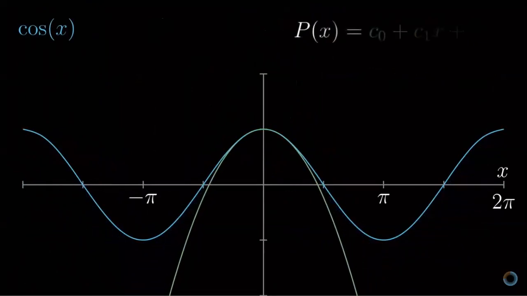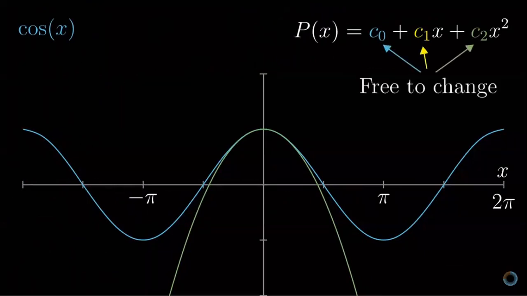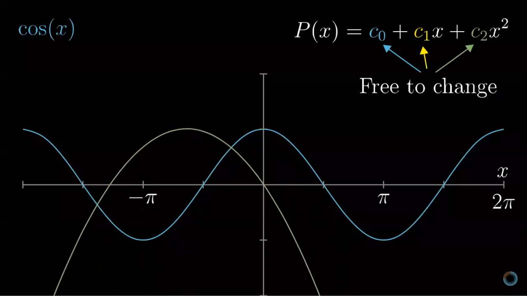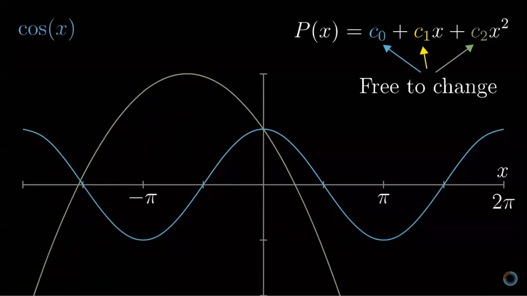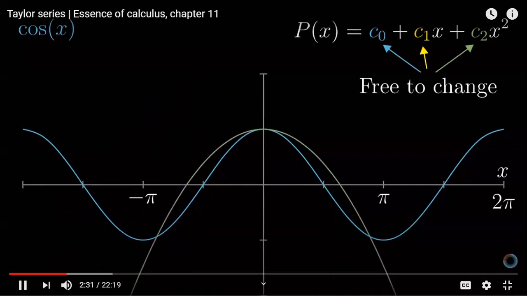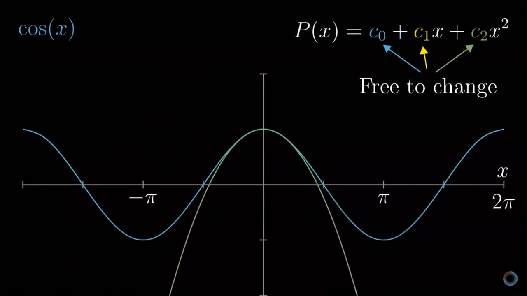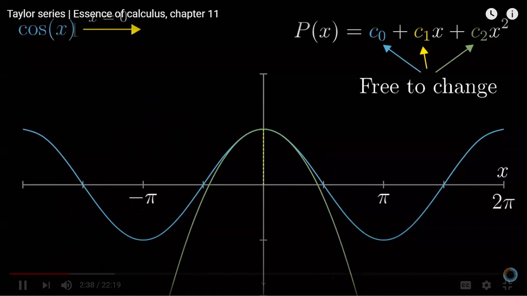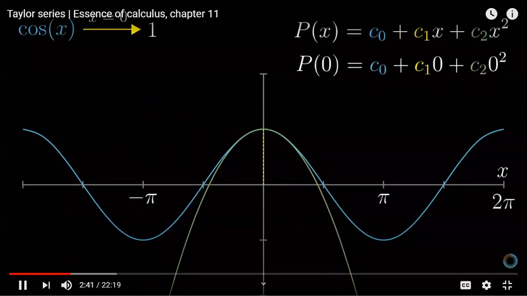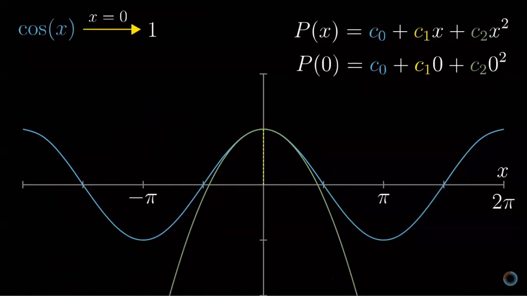That is, among all of the possible polynomials that look like c0 plus c1 times x plus c2 times x squared, for some choice of these constants, c0, c1, and c2, find the one that most resembles cosine of x near x equals 0, whose graph kind of spoons with the graph of cosine x at that point. Well, first of all, at the input 0, the value of cosine of x is 1. So if our approximation is going to be any good at all, it should also equal 1 at the input x equals 0. Plugging in 0 just results in whatever c0 is, so we can set that equal to 1.